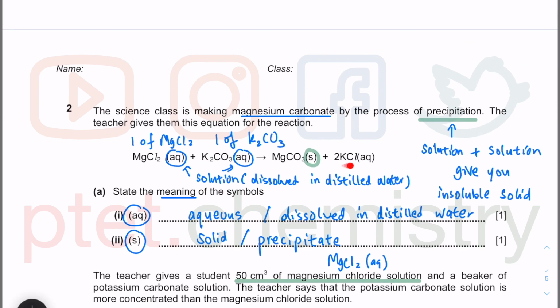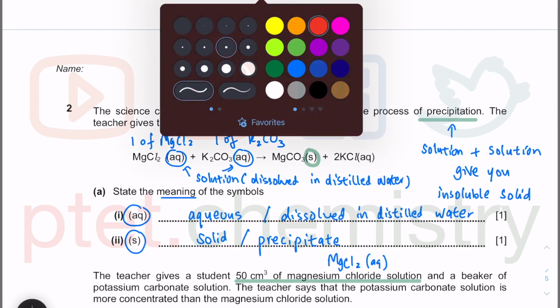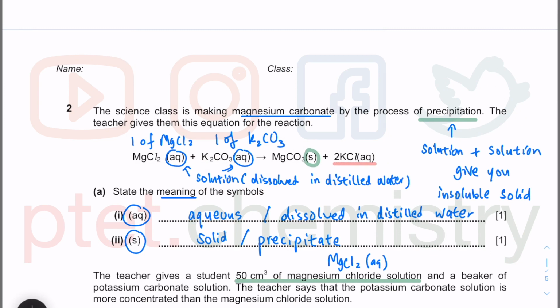Our filtrate should contain the remaining product as well as whatever is in excess, the MgCl2 aqueous and the K2CO3